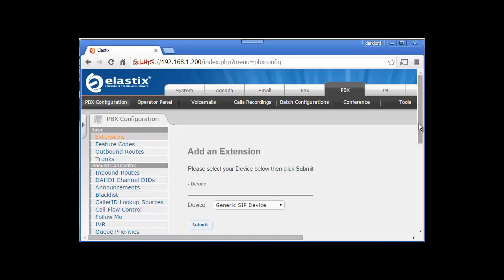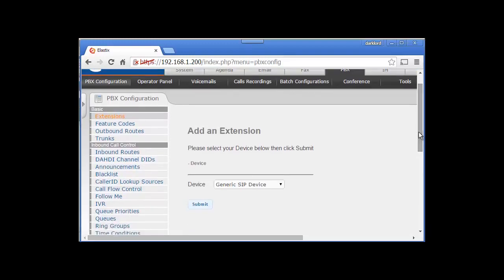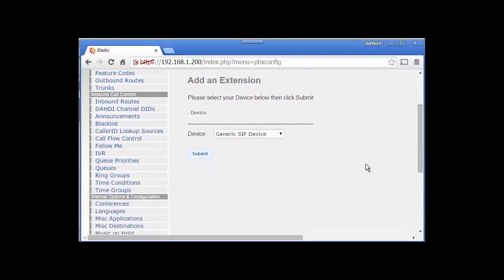In order to add an extension, first you need to make sure you have an idea what SIP is, session initiation protocol, what IAX2 is, and DAHDI virtual extensions. The main thing is we are going to create a SIP extension, and IAX is another protocol. SIP is the protocol we are going to use at the moment. So let's click on SIP,